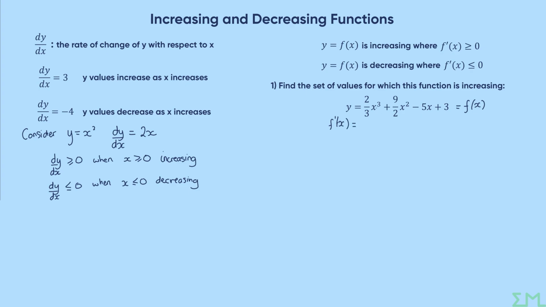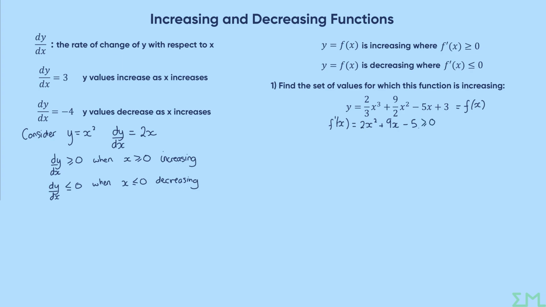So we go through and differentiate this. So bring the power down, times by the power, take 1 from the power. So we're going to end up with 2/3 times 3 is just 2. So 2x squared. Do the same thing here. 9/2 times 2 is 9. And then we just get -5 from that term, and the 3 differentiates to 0. So we're looking for when it's increasing, which means we're looking for when this is greater than or equal to